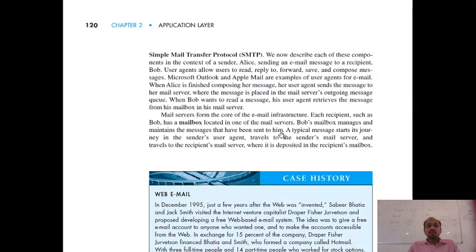Normally, Alice is sending a message or an email to the recipient Bob. When I want to send a mail, I am Alice, a user agent. I will be able to read the mail, reply to that mail, forward the mail, save the mail or compose the mail, whatever I want. There are many examples of mail user agents, like Microsoft Outlook, Apple Mail and Gmail. When Alice wants to send the mail, she should go to compose and type whatever message she wants to type, and